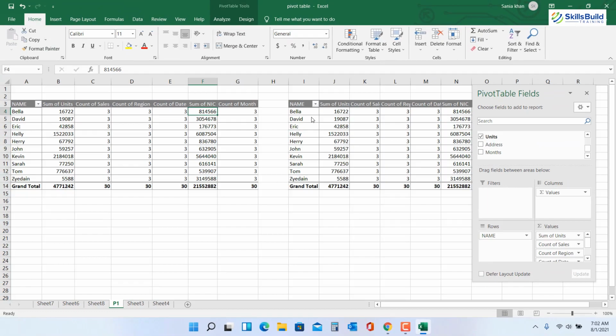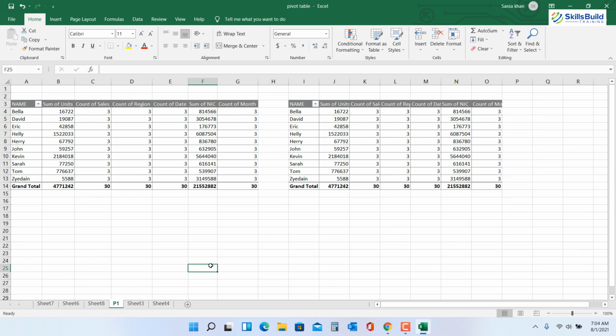Now here is another technique. You can also group the data. I am telling you all this because when you use the pivot table, you can use all these techniques. It will make your data more visible and easier for you to understand. Well, you can also ungroup the data.